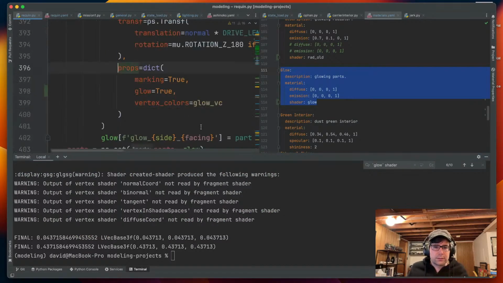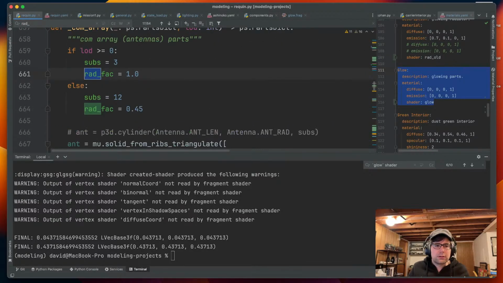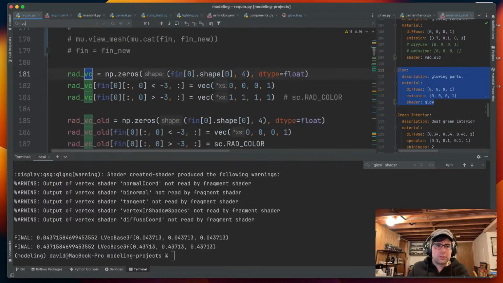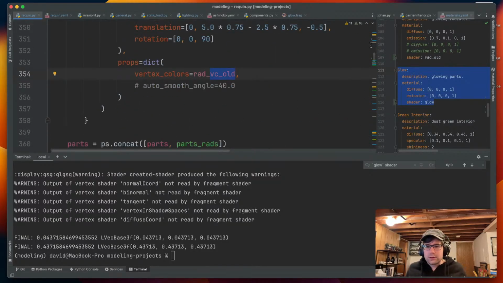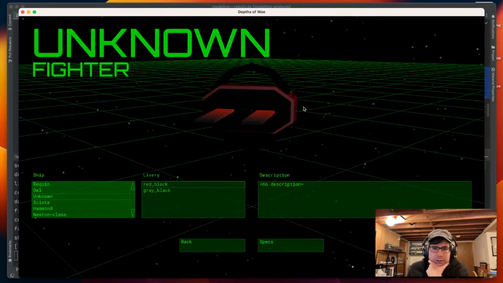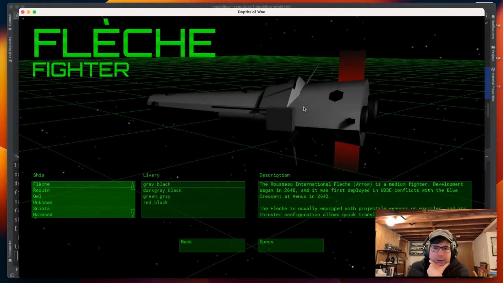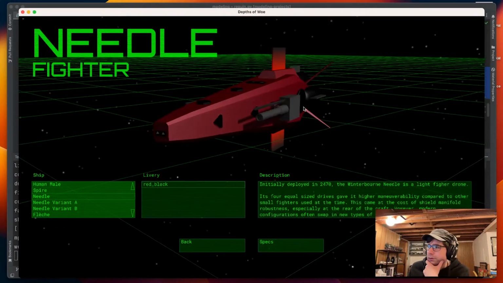Let's just double check that. Yeah, yep. So we've got the glowing drives on two of our ships so far, the Rakan and the Hammond. So let's add it to